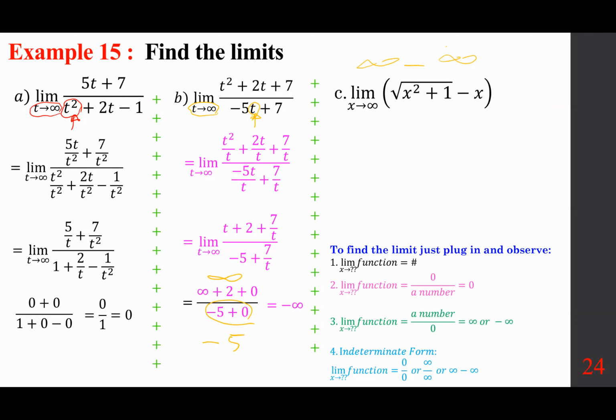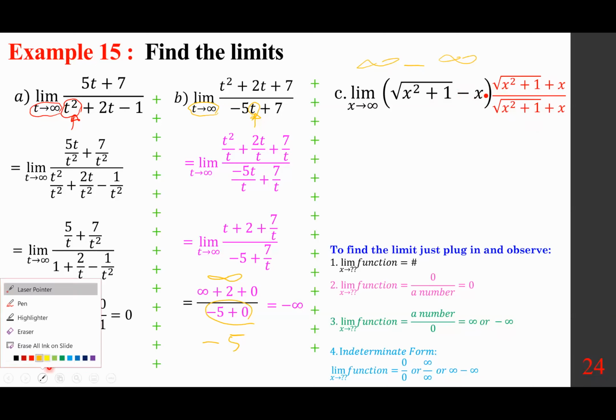The technique is to multiply by its conjugate and divide by it. Why? Because you have a square root. Anytime you have a square root, the technique is the conjugate. So the conjugate means you change this to a plus sign, you put it at top and the bottom here. And so what happens? The denominator remains unchanged, but the numerator you're looking at